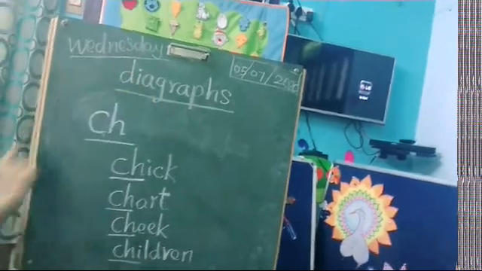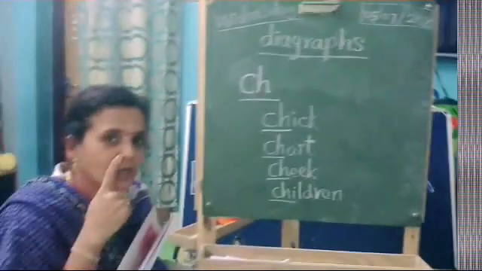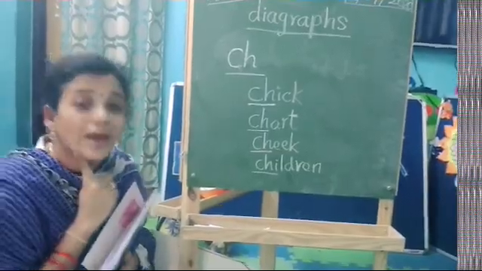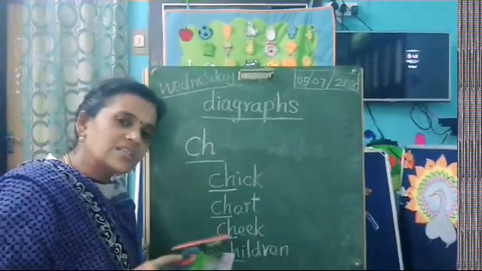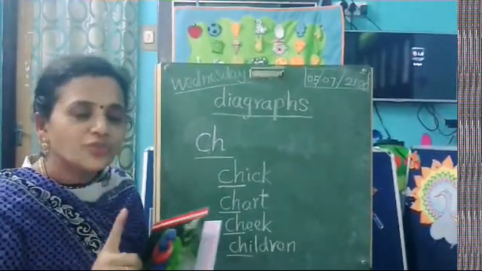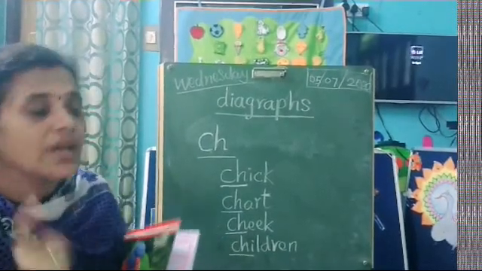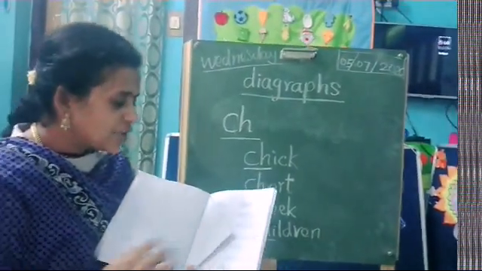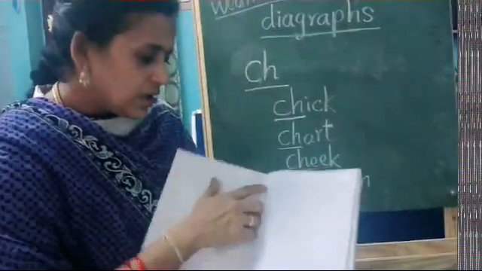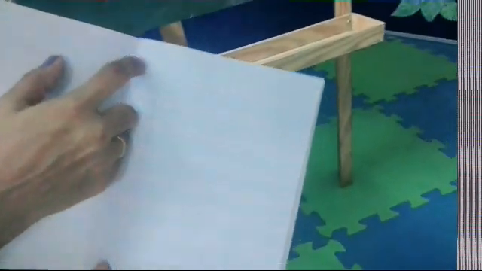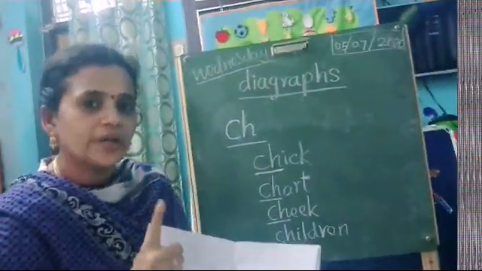Whenever you start to write in your note, you have to write the day. Ma'am has written it. What day is today? Everybody say, what day is today? Today is Wednesday. Even whether it is language or maths, first you have to write what day is today. Okay kids, you have to write it in your margin, out of the margin. See here, in this corner, you should write what day is today. Today is Wednesday. You should know the spelling of all days also.